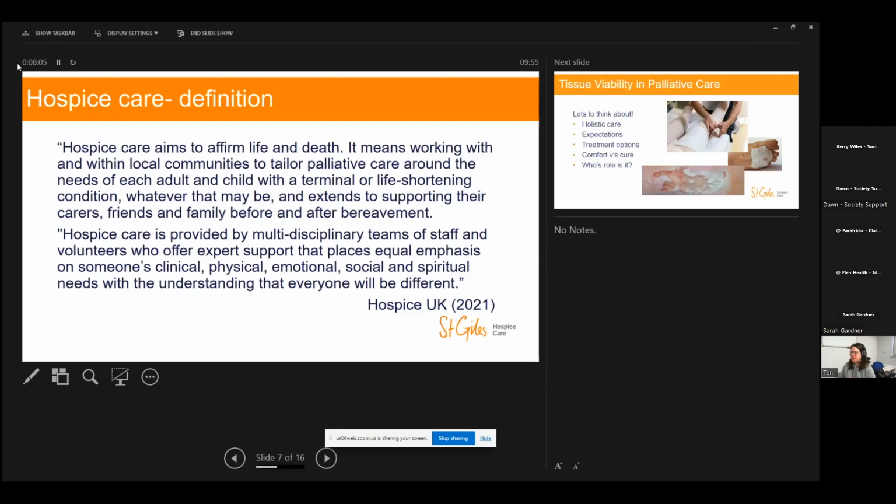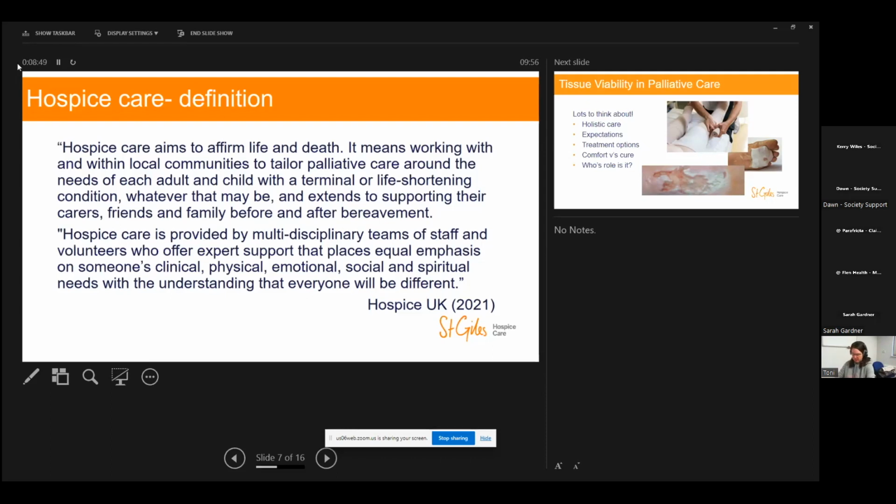Again, what makes hospice care unique, or maybe not unique, but one of the special things around hospice care, is this multidisciplinary approach. It's this understanding that no one person, no one role can meet the needs of an individual patient and their family, that actually we all have a role to play in the care of that person. But very much at the centre of this is holistic care as well. So really taking from that palliative care definition around that physical, emotional, social and spiritual understanding of everybody, and how that would be different for everybody. And therefore, that's why we need to have this multidisciplinary team approach.